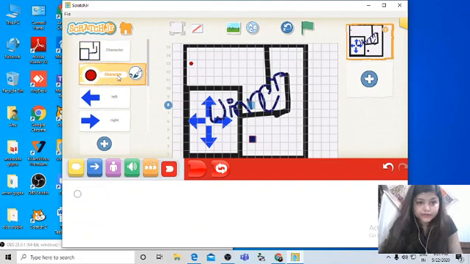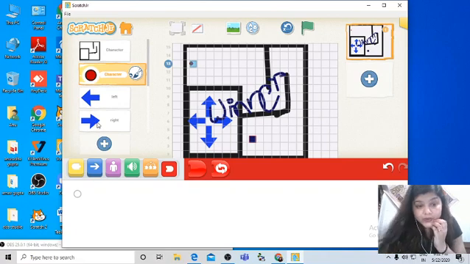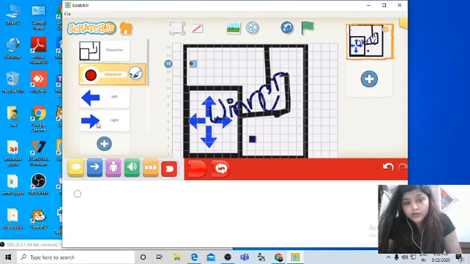Now for that red dot, the code depends on all the 4 arrows. When you click on the left arrow, your red dot needs to move to the left hand side, and when you click on the right arrow, your red dot needs to move to the right hand side.